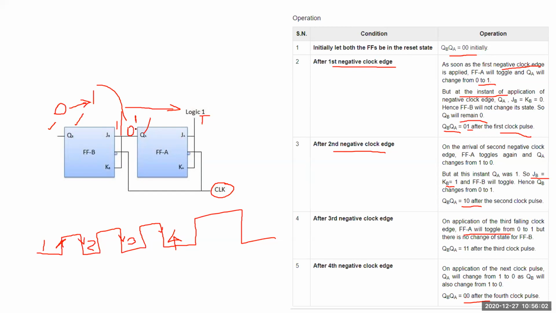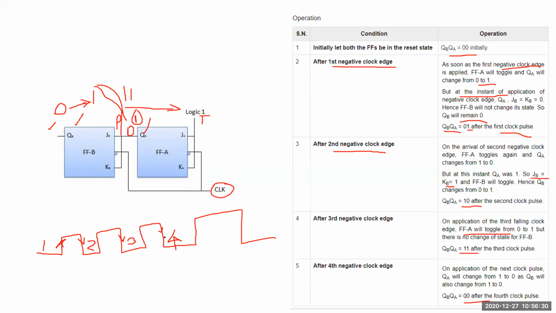And initially, before arriving of this output of the first flip-flop going from 0 to 1, this now becomes a 0 over here. The same thing we have written over here. When it is 0 to 1, there will be no change in this particular case, and the output is going to be the same. So the output of these two flip-flops, QB is going to be 1 and QA is going to be 1. So ultimately you get an output of 1, 1.